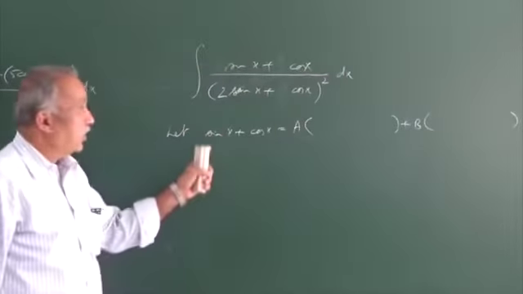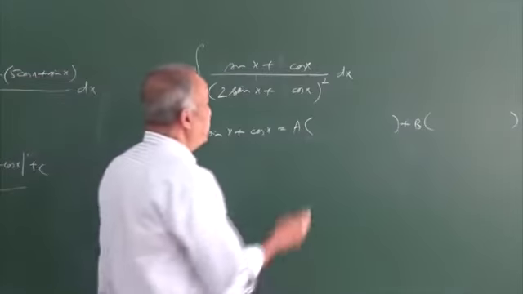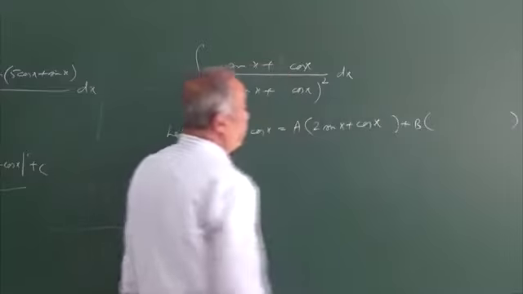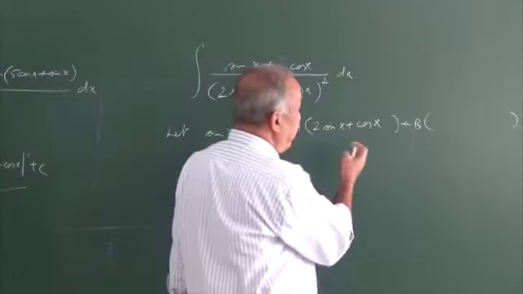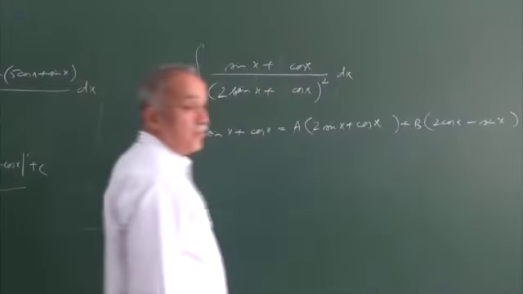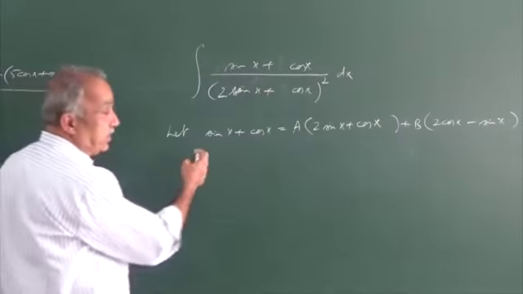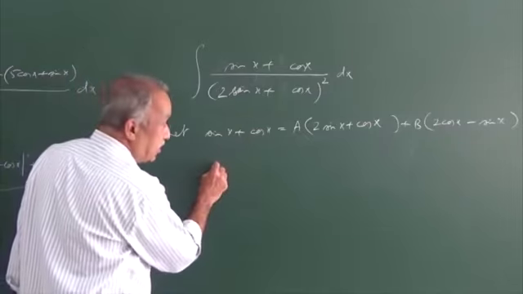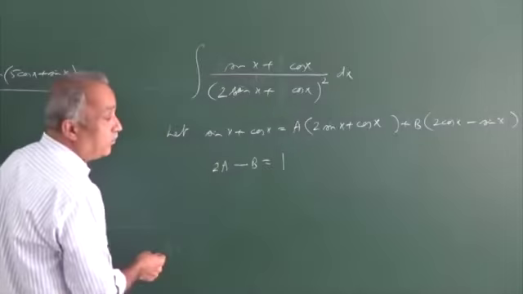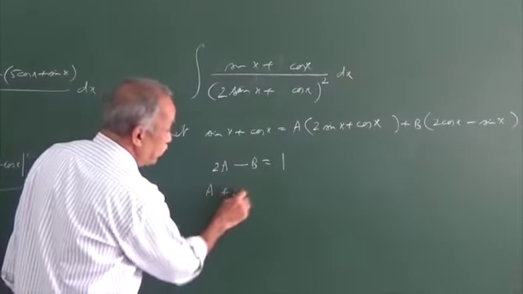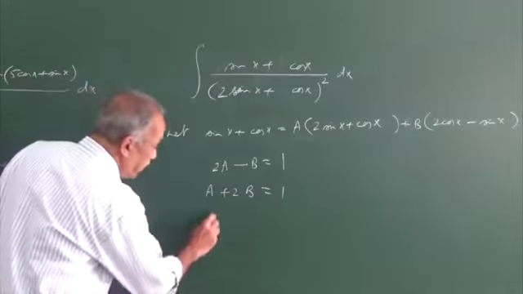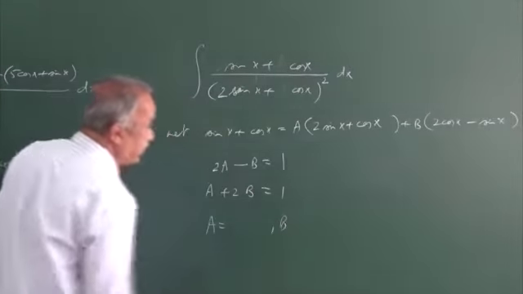So what form do I want for the expression in the numerator? I want it as a combination of what you have in the denominator, 2 sin x plus cos x, and the derivative of 2 sin x plus cos x, which is 2 cos x minus sin x. The values a and b satisfying this will satisfy 2a minus b equal to 1, a plus 2b equal to 1. Solving these, we obtain individual values for a and b as